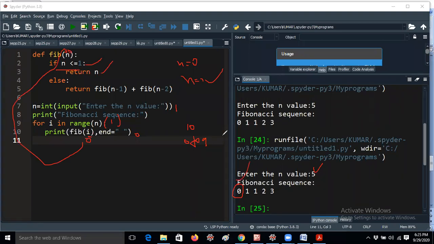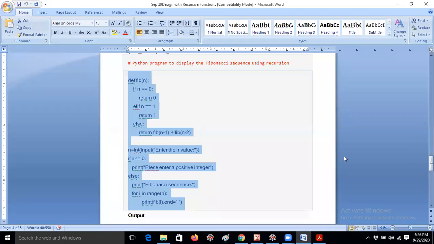Okay, what happens if I'm taking n value as 0? This is the question you may face now. Let me explain, guys. So I'm giving 0 now. Fibonacci sequence for i in range of 0. What is fib of range of 0? What will happen now? That means if I am giving for i in range of 0, what will happen? Tell me, guys. That's the reason I have given a condition like this.